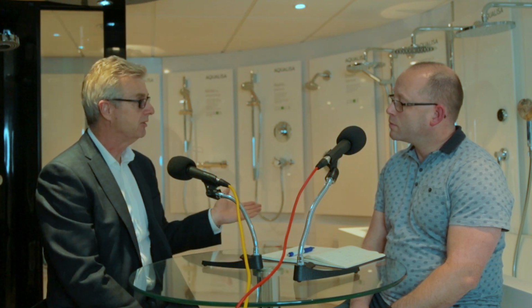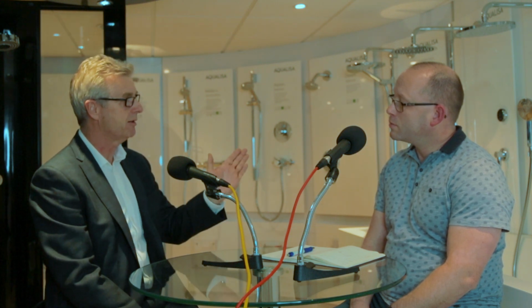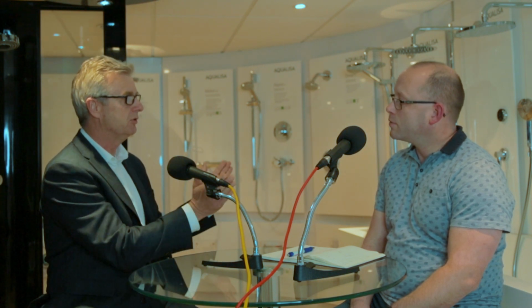Whereas with an electronic shower, like Quartz, you can have a non-linear response to the angular movement. So the first 5 degrees can change the temperature quite rapidly till you get round to the showering range, and you can have a wide arc of movement to change between 38 and 41 degrees. Half a degree increments almost. And then finally,